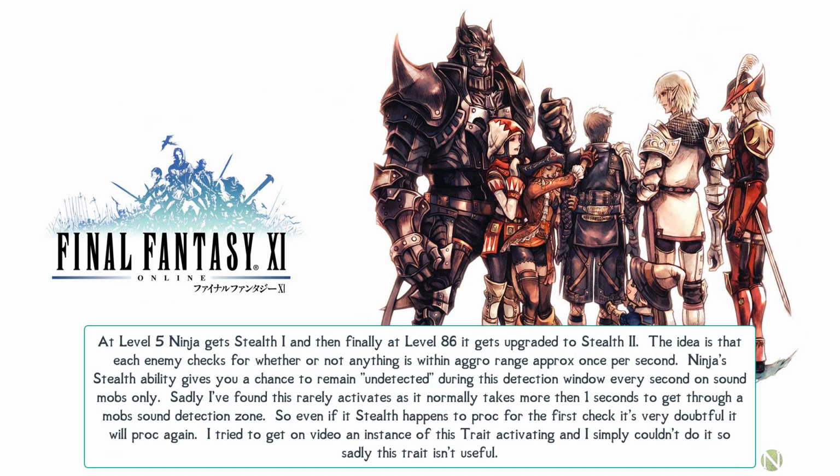At level 5, Ninja gets Stealth, and then finally at level 86 it gets upgraded to Stealth 2. The idea is that each enemy checks for whether or not anything is within its aggro range approximately once per second. Ninja's Stealth ability gives you a chance to remain undetected during this detection window every second, on sound mobs only. Sadly, I found this rarely activates, as it normally takes more than 1 second to get through a mob's sound detection zone,